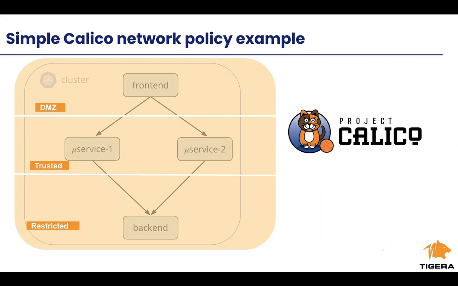So the DMZ, where you might have things like Kubernetes ingresses, or you might have just straight inbound access to the internet, and then you have a trusted zone behind it, and then behind the trusted zone you have a restricted zone where you keep things like databases. The network policy example